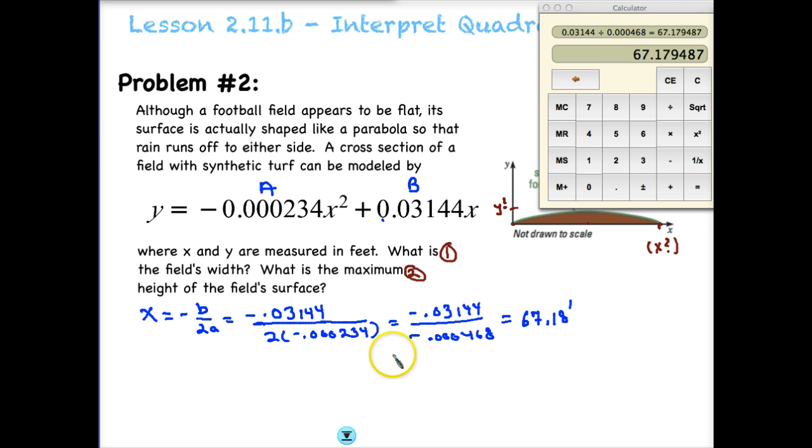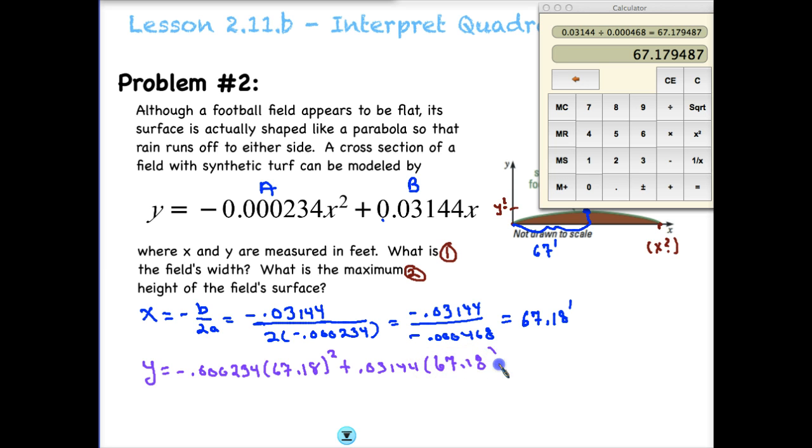There we go. All right, so now we know the distance from here to here, and that's going to be approximately 67 feet. Now we need to figure out the distance up so that we can find our vertex. So we have half the coordinates, we just need the y coordinate. So let's go ahead and plug that in to our equation. So we are trying to find y. Negative 0.000234, and we're going to plug in the 67.18 in place of our x, plus 0.03144 times